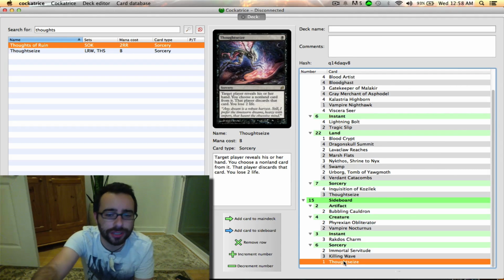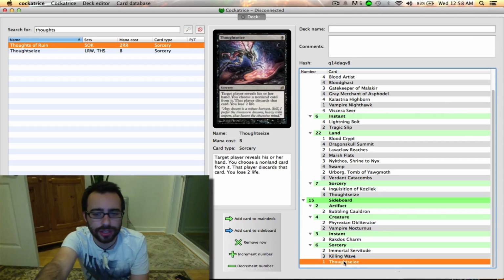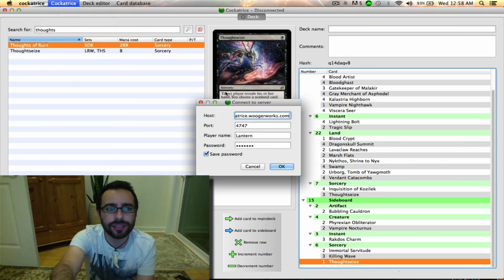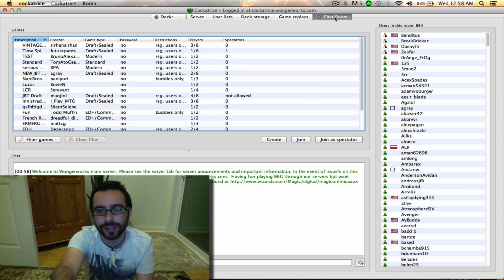Thoughtseize again comes in against combo decks, or even occasionally midrange and control decks, in order to try to gain advantage, know what you're playing against, and not play into board wipes or exile effects. So let's